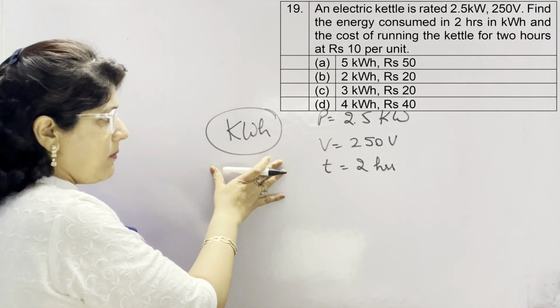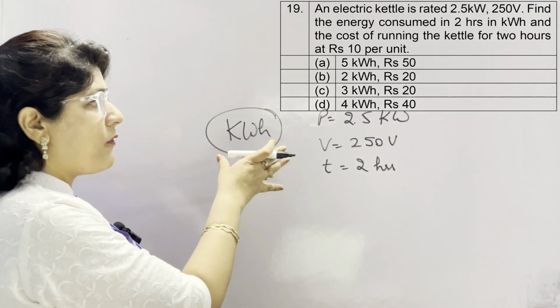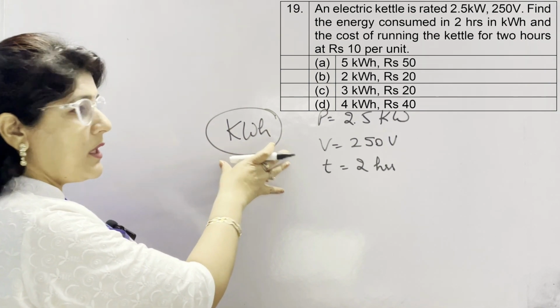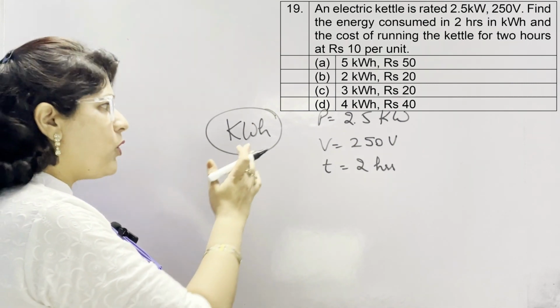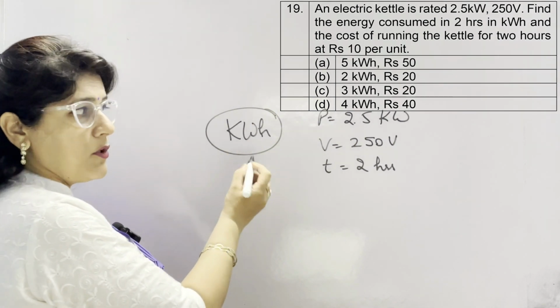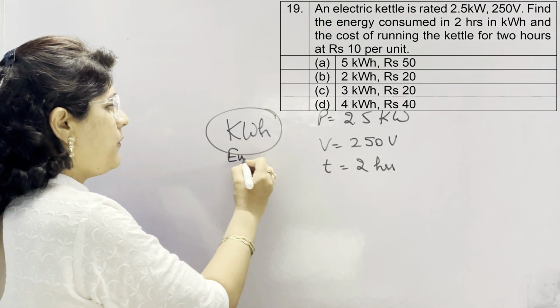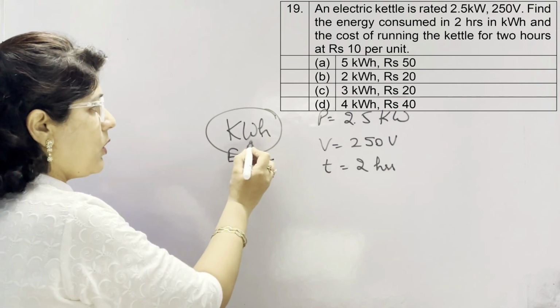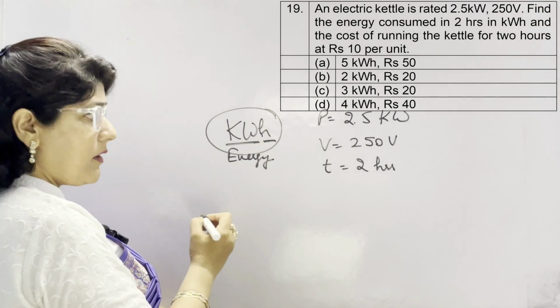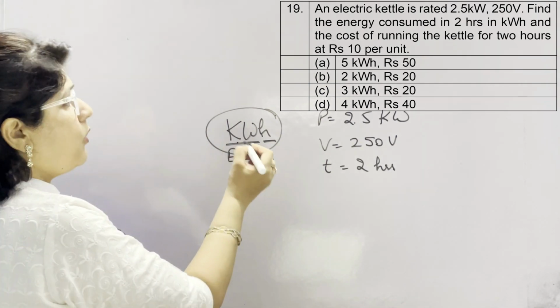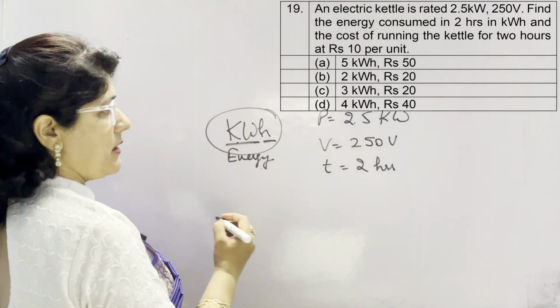पेपर में बहुत ज़्यादा बार पूछा जाने वाले क्वेश्चन है और फ्रीक्वेंटली गलत होने वाला, जिसमें लिखा जाता है which physical quantity this unit is representing. Most of the time we get the answer as power. No, this is the unit of electrical energy because kilowatt is the unit of power. Multiply with time, hour. So kilowatt hour is the unit of electrical energy.